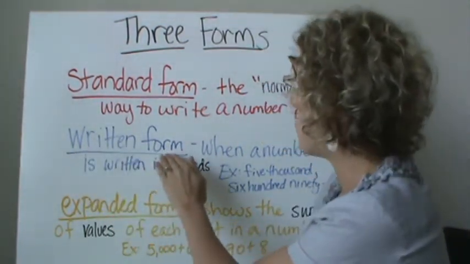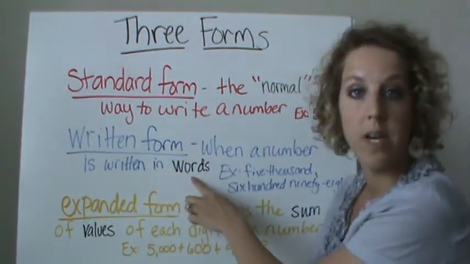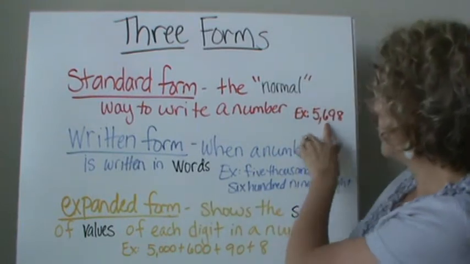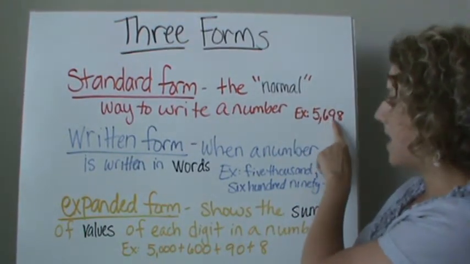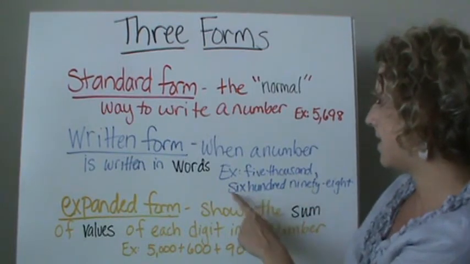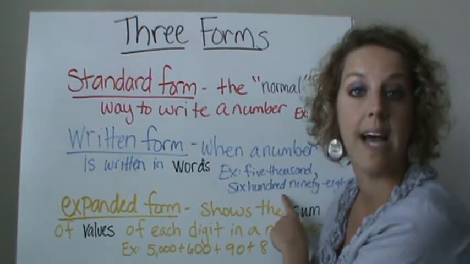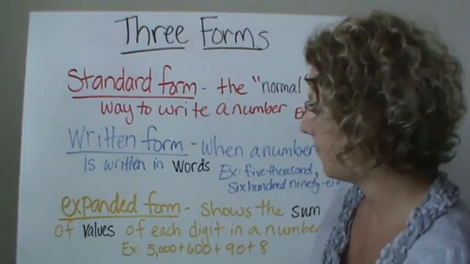The written form is when a number is written in words. So if we took this standard form of a number, 5,698, and turned it into words, write that number into words, that's written form. And then